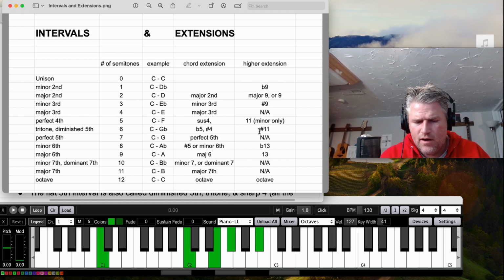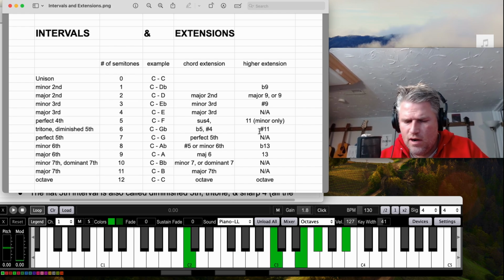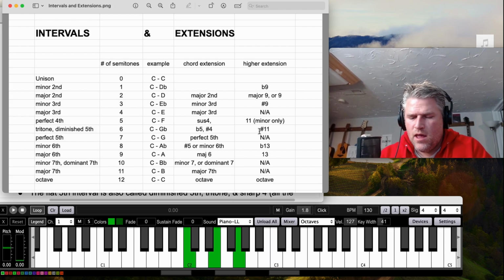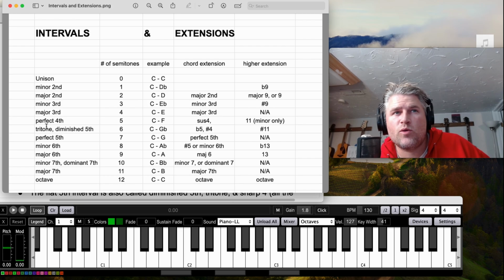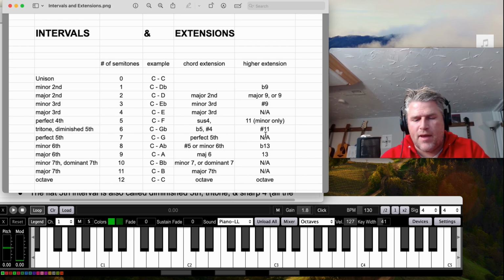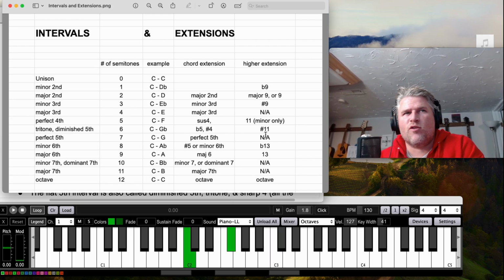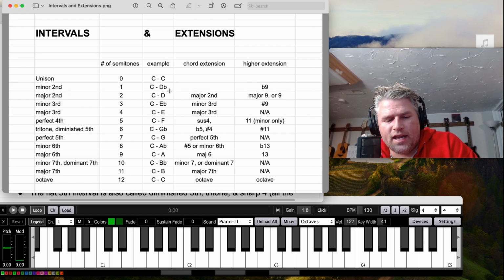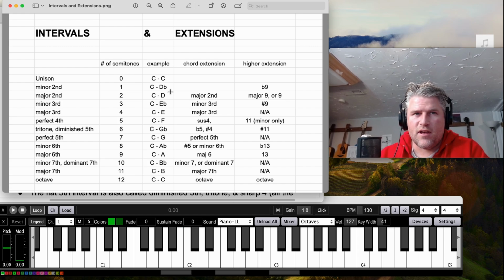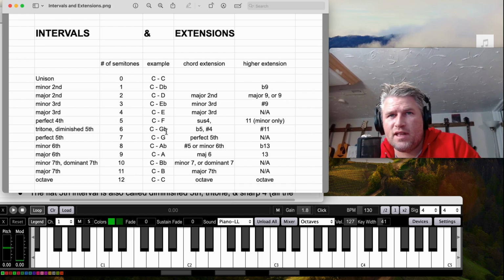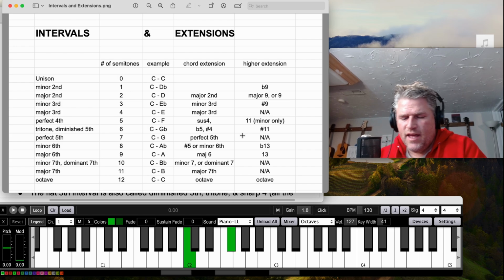Check it out. It's kind of low. But it just depends what you want. So just know that a sharp 11 is the exact same thing as a flat 5 or a sharp 4 or the tritone or the diminished fifth. Those are all the same, and it's the most dissonant interval in music other than the minor second. Minor second's dissonant because it's so close. But the tritone, diminished fifth, flat 5, sharp 4 is very